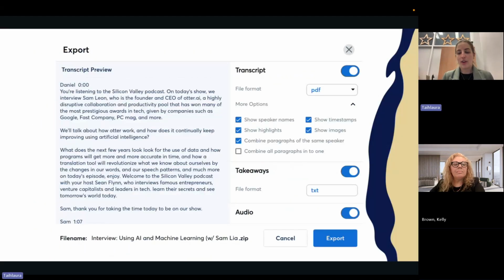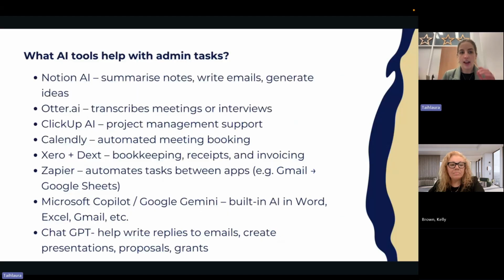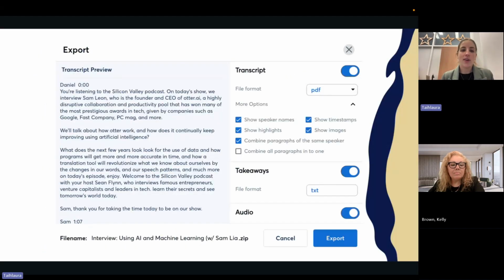So just to give you a little bit of an overview of what some of these look like, this one here is Otter. Otter is really great for taking meeting minutes. For those of us who have meetings all the time and want to make sure that we're getting all of the key information out of it, or we might want to refer back to it at a later time, maybe if we're interviewing someone and then we want to write a story about them, Otter can actually record that conversation.